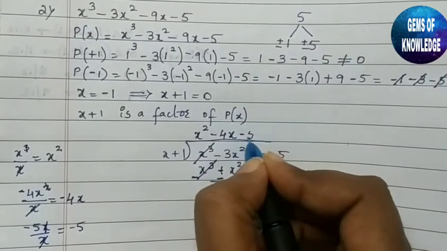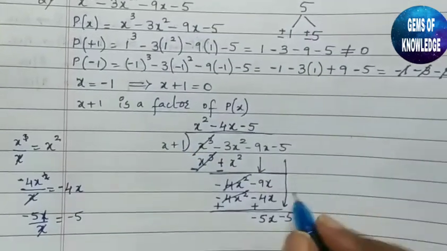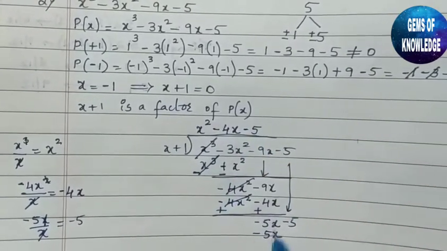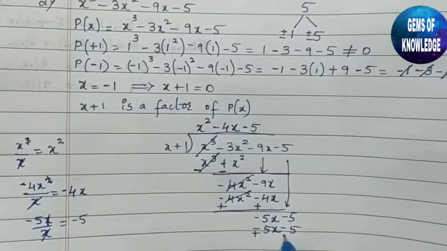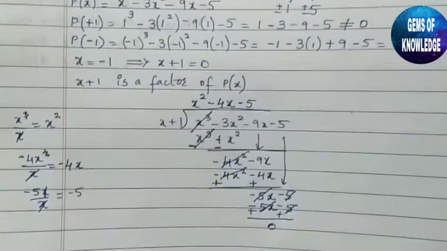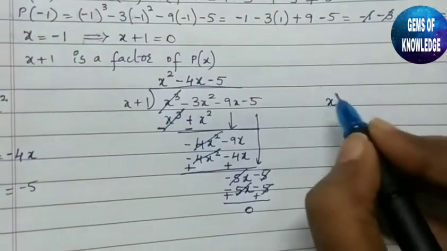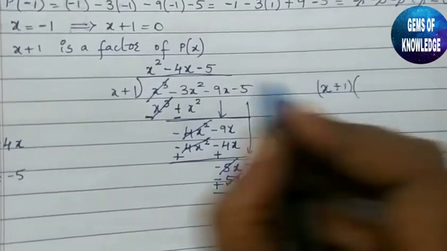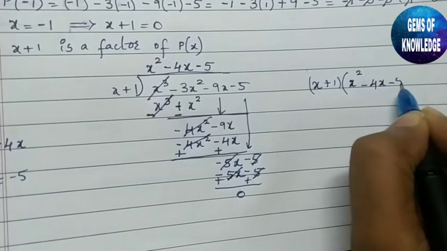So let us write minus 5 here, and this minus 5 is multiplied by this x plus 1 again. Minus 5 into x is minus 5x. Minus 5 into plus 1 is minus 5. Again when you change the signs over here, this will be cancelled and we are totally left with 0. Now you can see we have two factors over here. One is x plus 1, and we need to find the factors for this term, that is x square minus 4x minus 5.